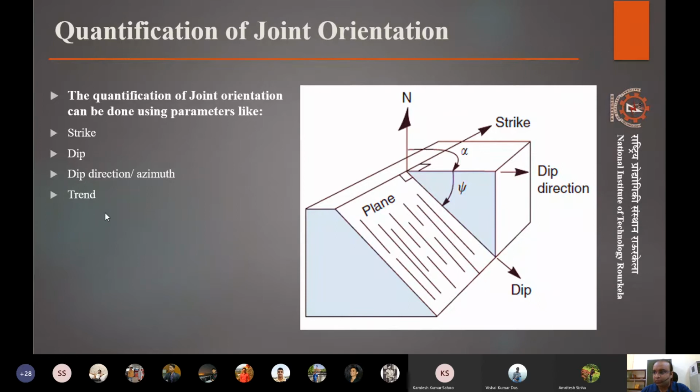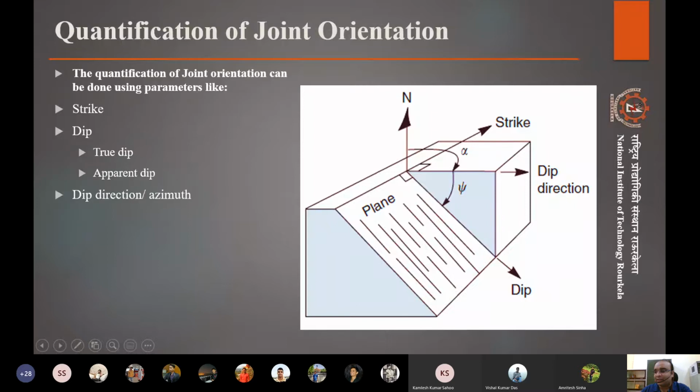Anyone? Let's move ahead, I will come to that later. Trend and plunge is very similar to what we refer to as strike and dip, but that is not for a plane. That is for plotting a line. We'll see how it is done later.